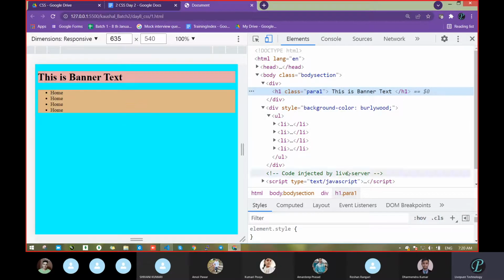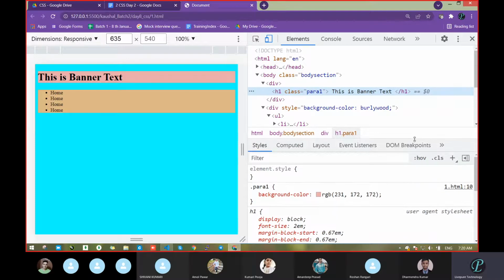Now what I need is to make a color change for this banner text. I will do one thing. Just increase and see here on the top you are getting some section, and one more page is also there for selecting that particular element. Right click, and that can also be done, but one more option is this icon, select an element.